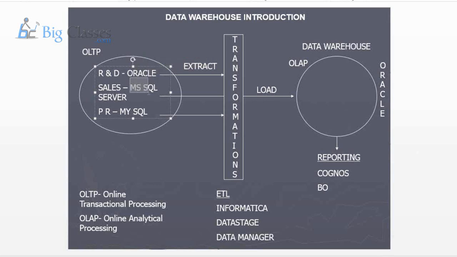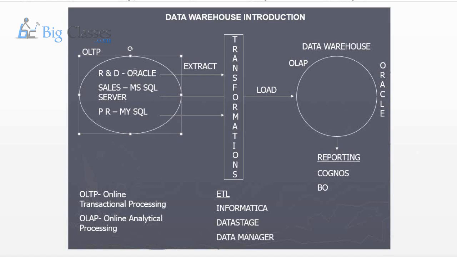For public relations, it contains general information like customer addresses and distributor addresses. Data volume is very less and security issues are also minimal. That is why they are using open source MySQL. Like this, based on their requirements and licensing, they are using heterogeneous databases. These individual databases are called ODS, operational data sources, and all of them together, the total system, is called the operational source system, OSS.